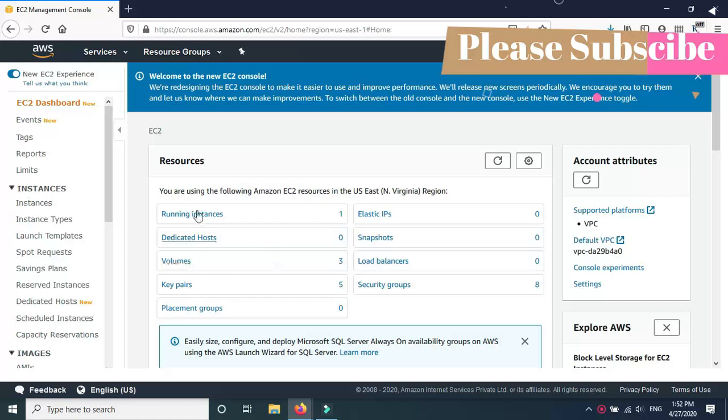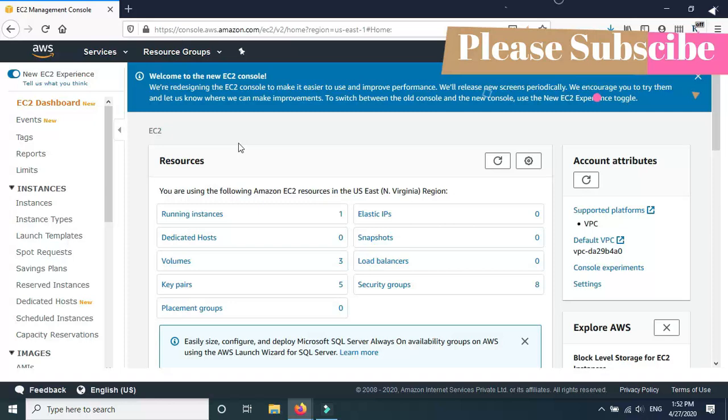It will show all the information about your account, like how many instances, here stands for the servers, the remote machines you are having at present. So how many instances are running, what are the elastic IPs of this dedicated host, if you have bought any, volumes are the storage volumes, key pairs are the keys, the SSH keys, the RSA keys which are there.